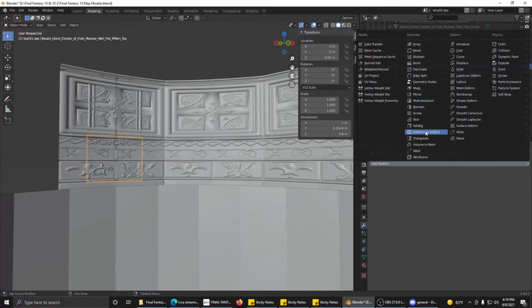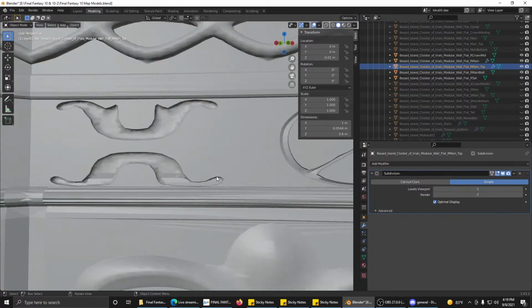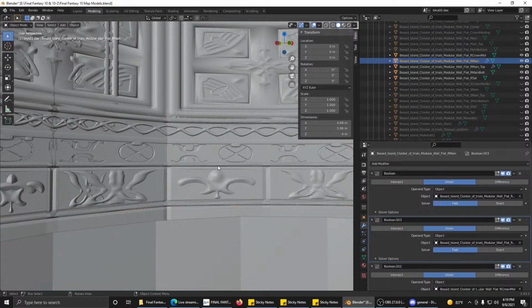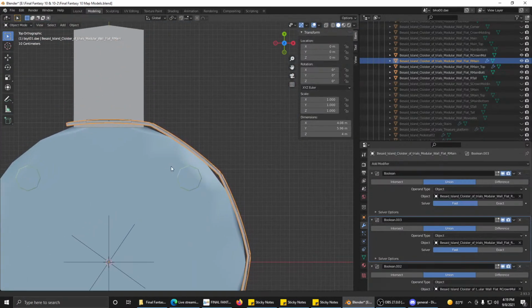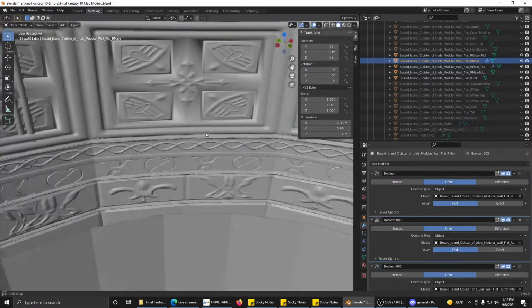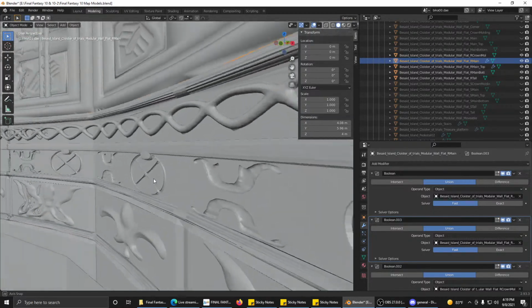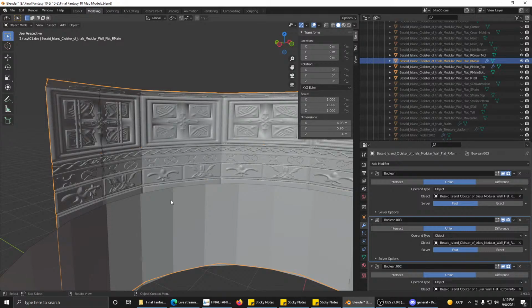Going into this one, and adding a simple... Yep, there we go, I think. Looks like it's doing the same thing, so that's perfect. That's good. When I hit apply,